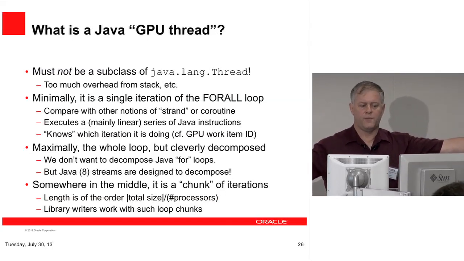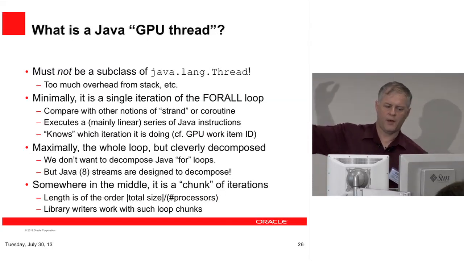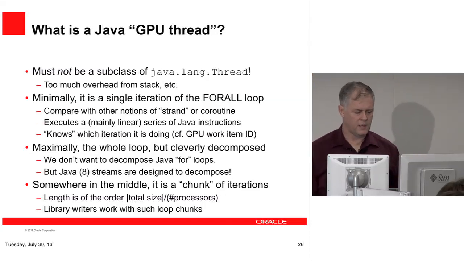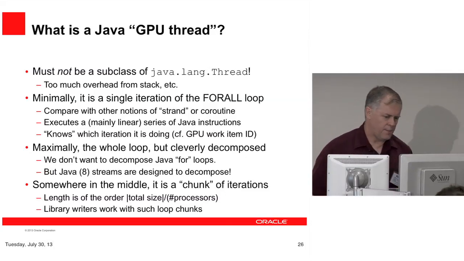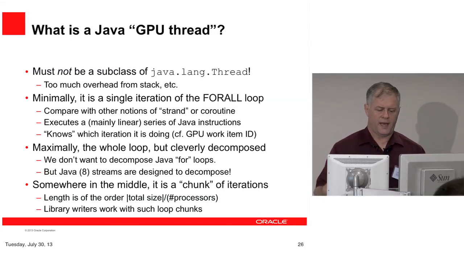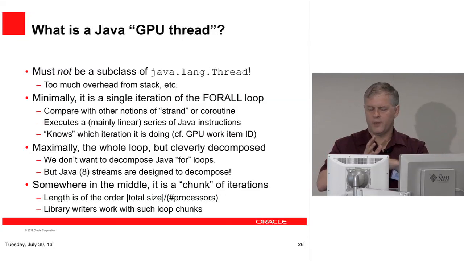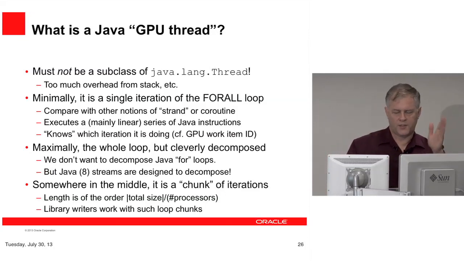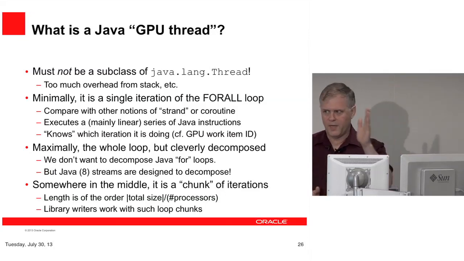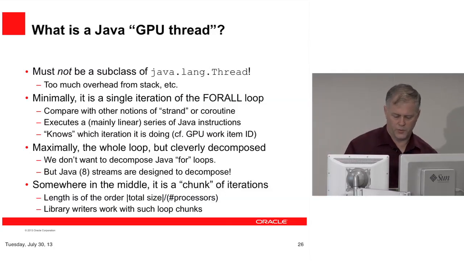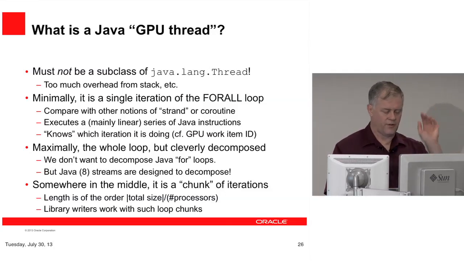The GPU thread also could maximally be the whole loop, or be decomposed in other ways. And in fact, Java streams, as I've said before, can decompose in interesting ways. Somehow, the thread emergently has to be, maybe after fork join and work stealing has decided how big the chunks are, a low-level thread that says, well, I'm going to run my way through a segment of the iteration space as if a bunch of elemental threads came into being and died once per iteration. But since you don't observe them, it vectorizes away.